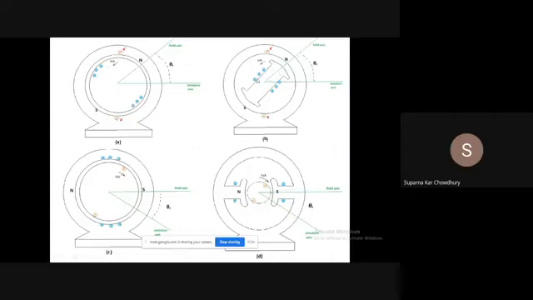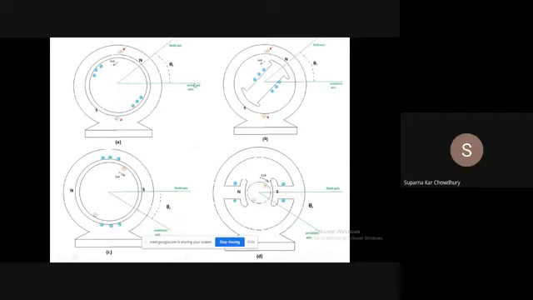This is the second option. That is, we have armature on the stator, field on the rotor. Here the rotor is cylindrical. Here it is salient pole. The other option is we can place the field on the stator and the armature on the rotor. Again the rotor can be cylindrical, and the stator construction for the field can be salient pole.